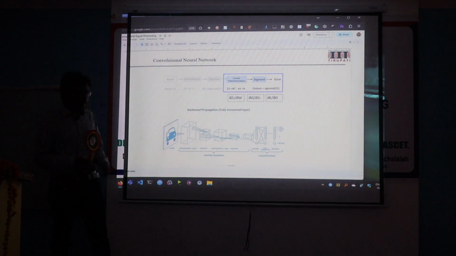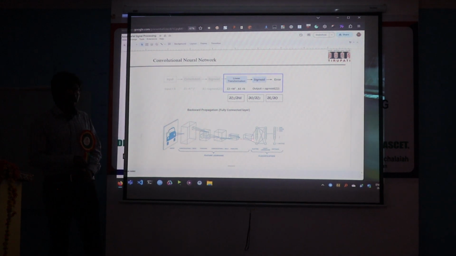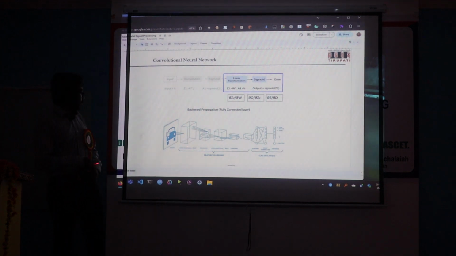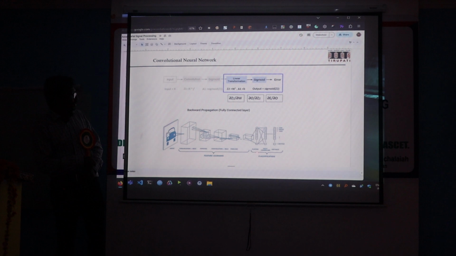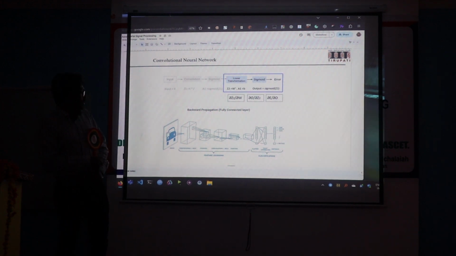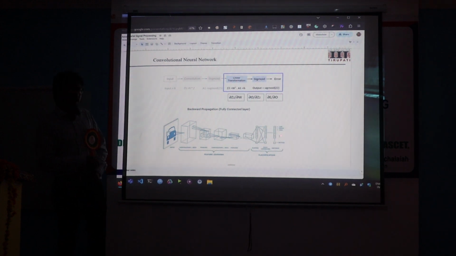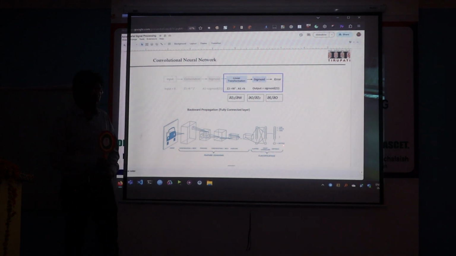Whenever you see a convolutional neural network, this is the image that you're going to see everywhere. You see convolutions, you see pooling, and then you see flattening. This flattening is generally done at the end of a convolution layer. Now we are actually coming back to signal processing, where people try to convert everything into a signal.